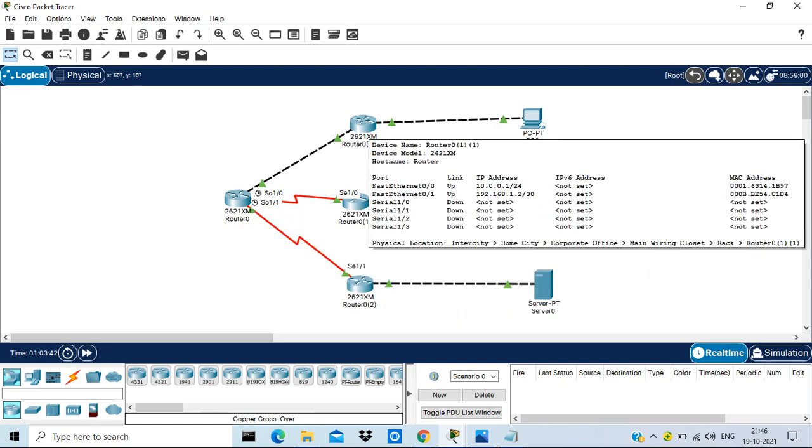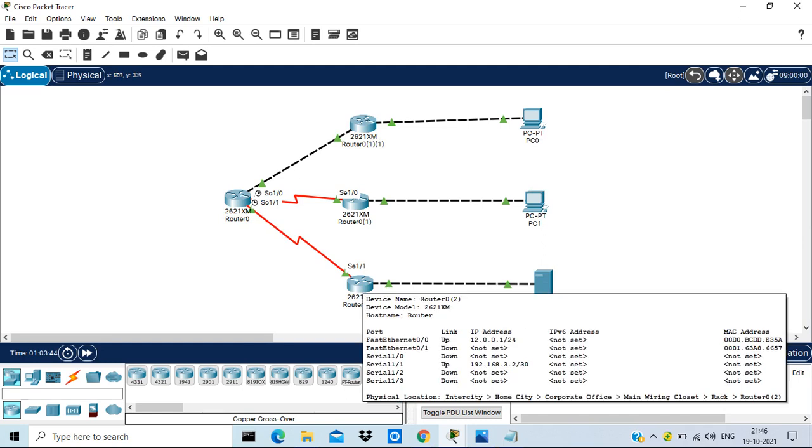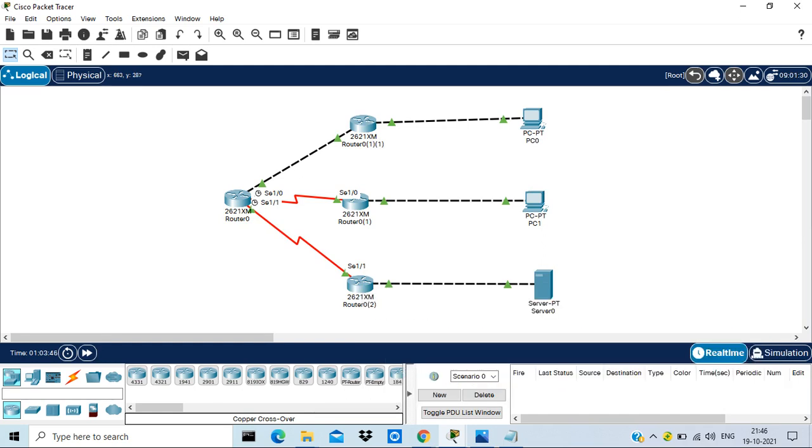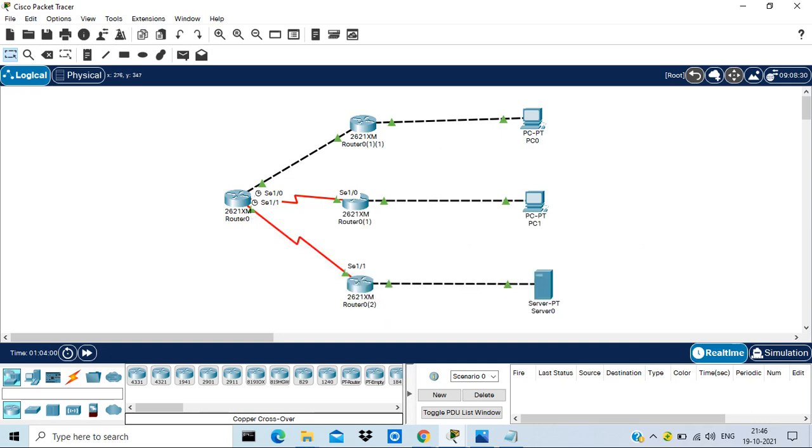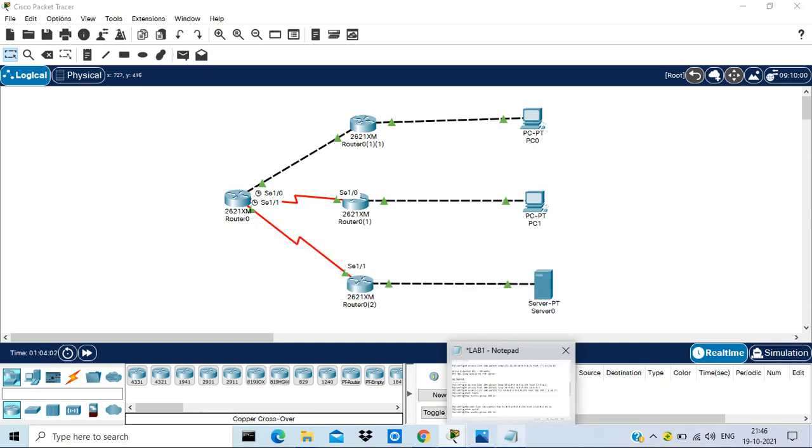So all my access lists I will configure in the head office router instead of distributed access lists in branch office 1, branch office 2, and branch office 3. It is not required. I will configure all the access lists in the central router, that is the head office router, because the packet is bound to move through this router. It has to pass through this router. So I will create all my access lists in the head office router because it is my junction router through which the packet will pass. So I have created it here.